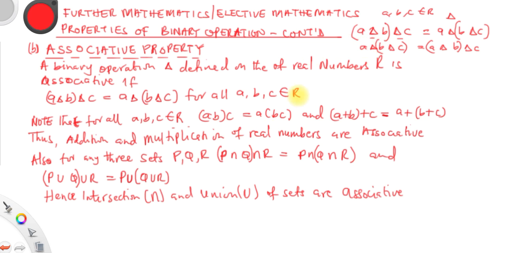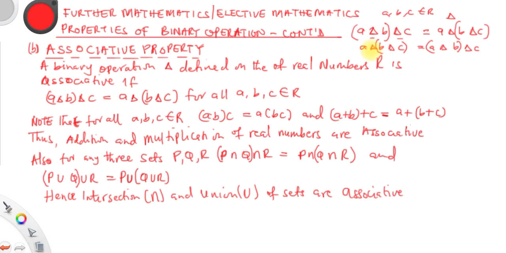You have to know how to write this. Maybe how to write this might confuse you, that's why I'm trying to write it simply for you to understand. With the associative property, we take three elements with only one operation. But with the commutative property, we take two elements with